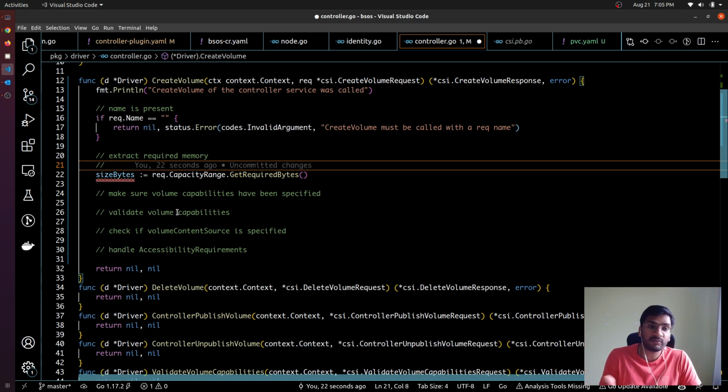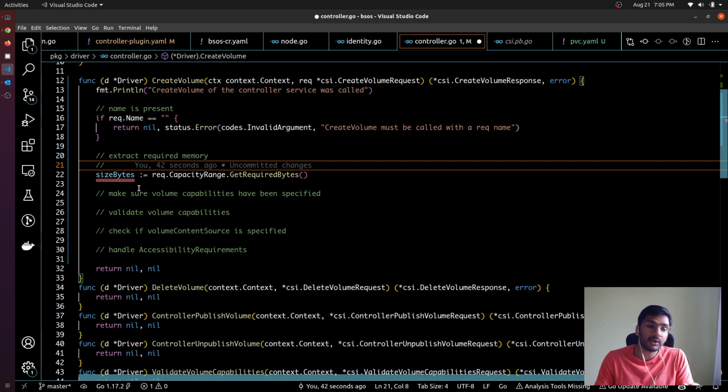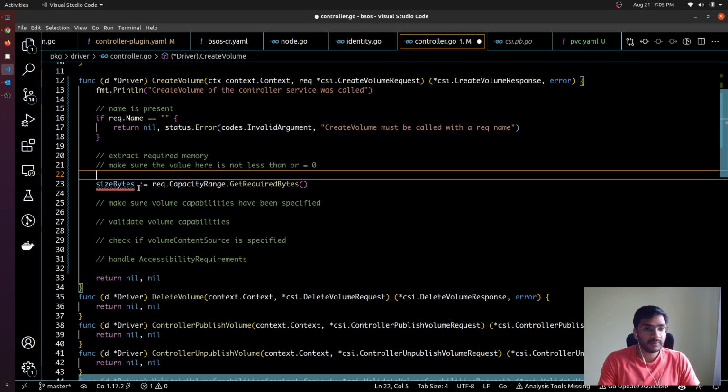So in that case, you'll have to make sure that this particular value satisfies all those constraints. So make sure the value here is not less than or equal to 0. And once we have verified that, we will also have to make sure that required bytes